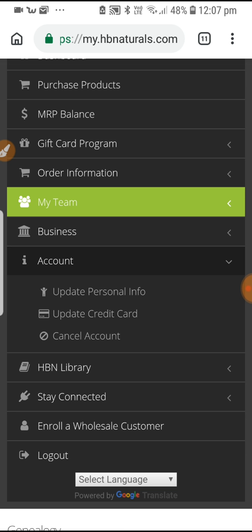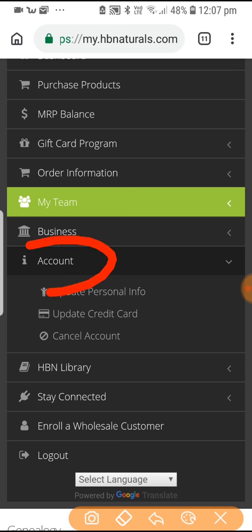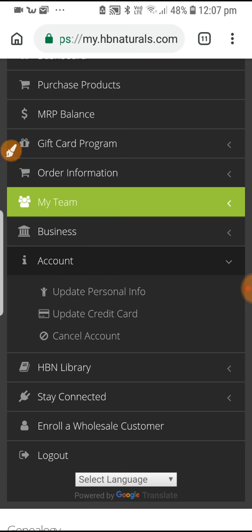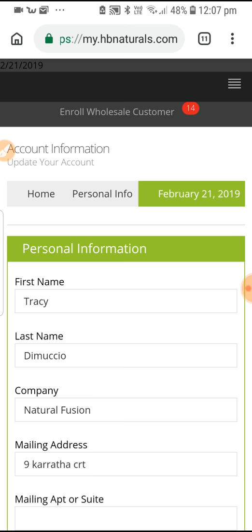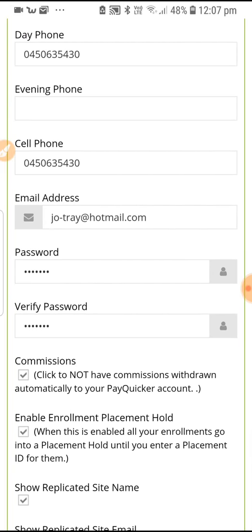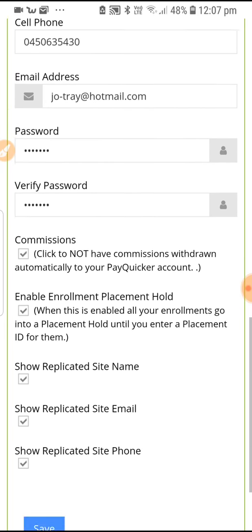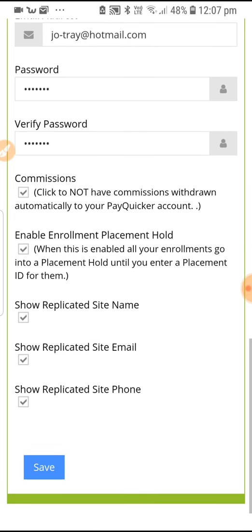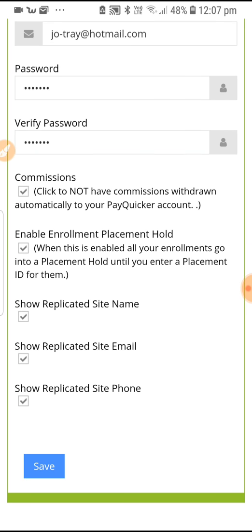So first of all, we'll go into your account. So looking here at your account. And then go to update personal info. As we go into here, you've got all your personal info in there. Make sure everything's right while you're in there. And then here down the bottom, once you scroll down,